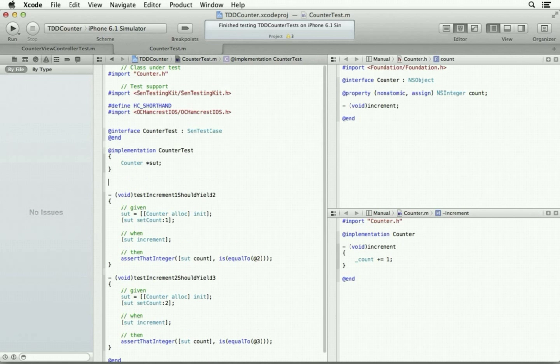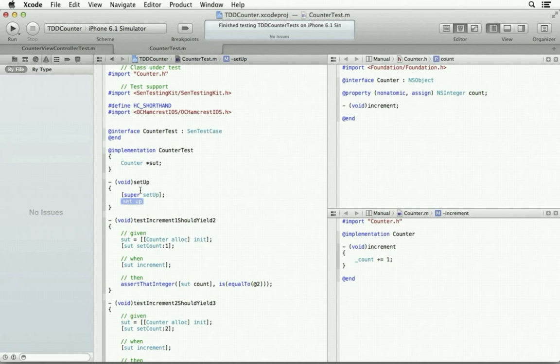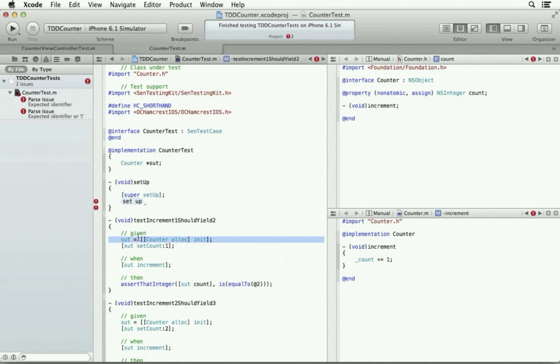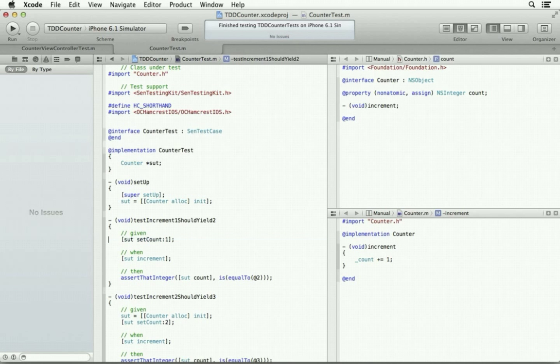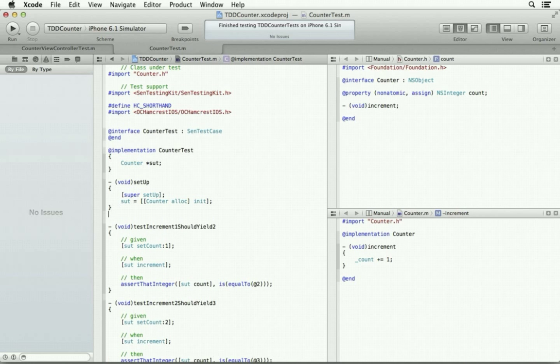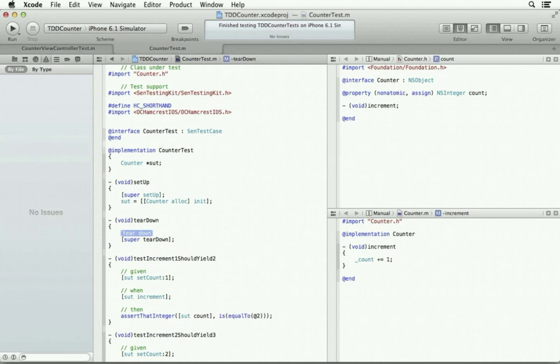And let's create a setup. That will create the counter. And just to pair this, I'm going to set the SUT to nil.